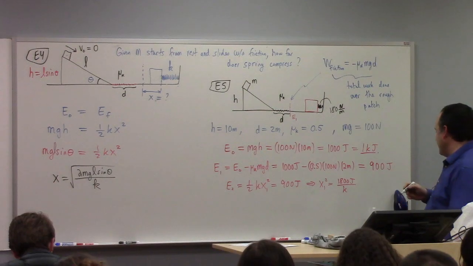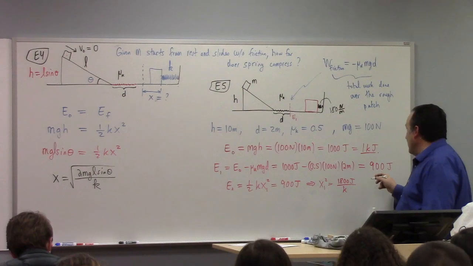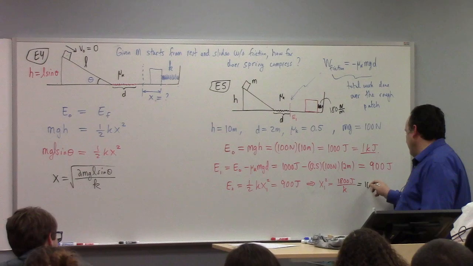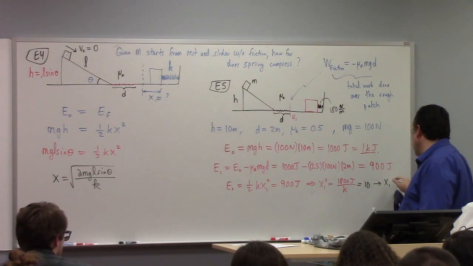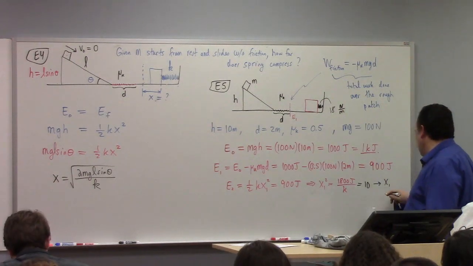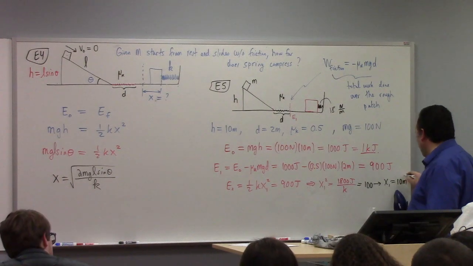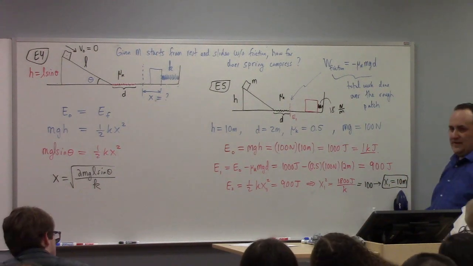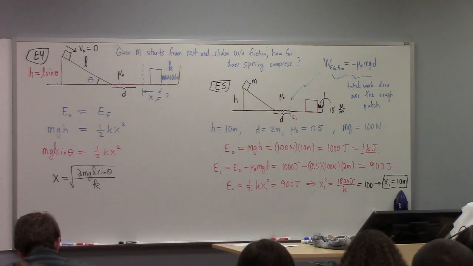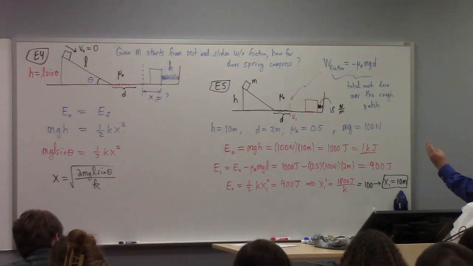I agree. I mean, it's fine. My phone is going to ring here at some point. Okay, so I really want 18 newtons per meter. So then x1 squared is 100, and x1 is 10 meters. That's a kind of big spring, but I'm going to allow it for the sake of not getting into decimals. Typically springs involve centimeters. So we compress the spring 10 meters, which is ridiculous, and then